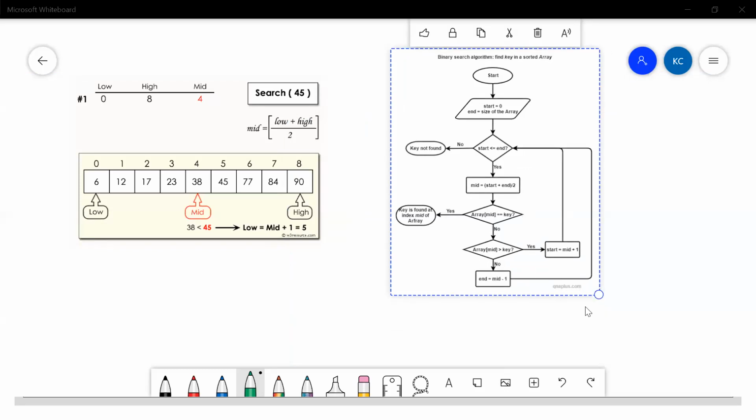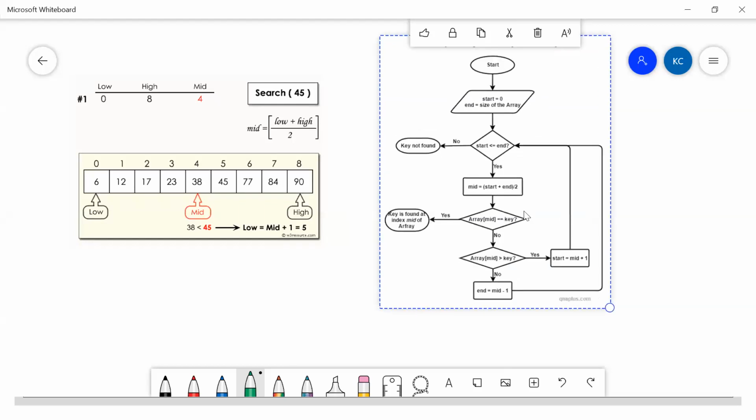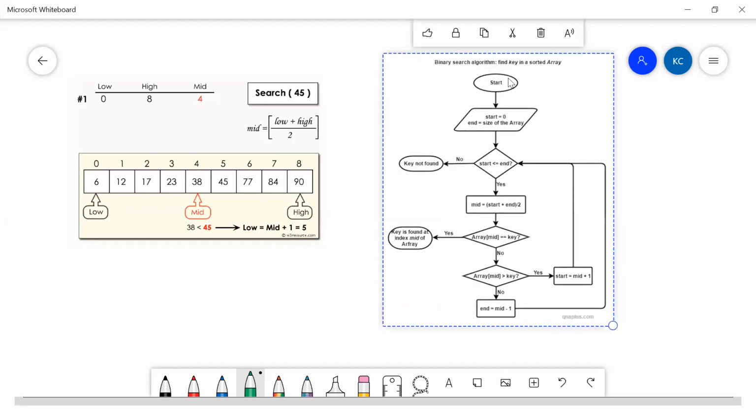Here, what we are trying to do is this. We are searching, starting with an index of 0 and moving. My start is nothing but 0. My end is nothing but the end of the array, right? Is start less than end? This is a breaking condition, guys. If this condition occurs, then you would obviously say that you have not found your key.